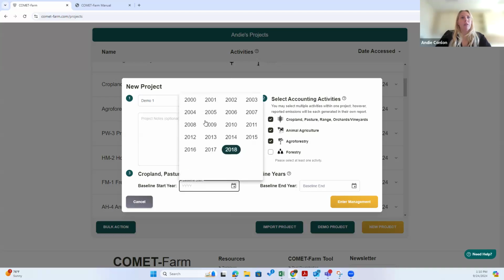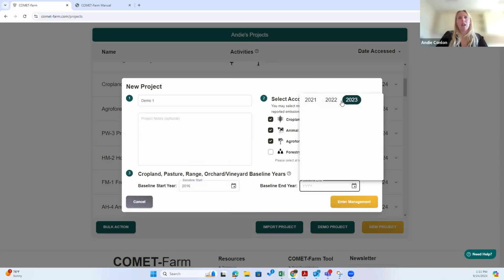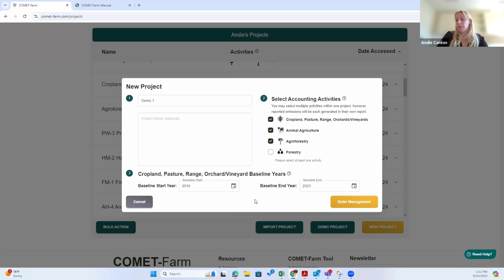So from here, I can pick from anywhere from 2000 to 2018. 2018 is the latest I can select because, again, we do need 5 years of a baseline. I'm going to go ahead and arbitrarily select 2016. And I'll say, again, these options are going to be defaulted based on what the current year is. So I obviously can't pick anything later than 2023. And then because of that minimum 5-year baseline, I also can't pick anything prior to 2021. So that's why some of those options might not be available for you. From there, I'm going to go ahead and click